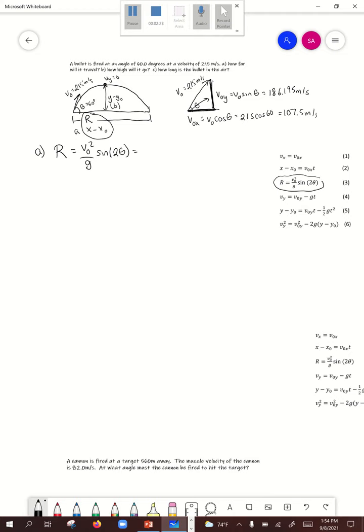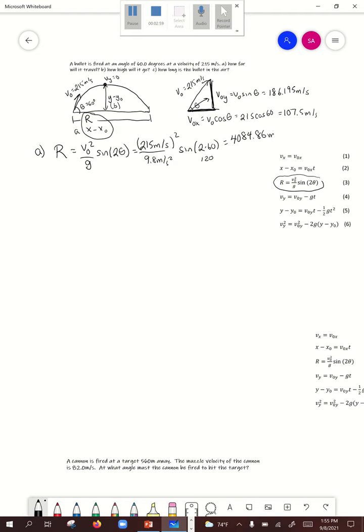So v0 is 215 meters per second. g is 9.8 meters per second squared. And I have to square the 215. Then I want to do sine of twice the angle. So sine of 2 times 60, which is 120. All right, so if I put that into my calculator, I get a distance of